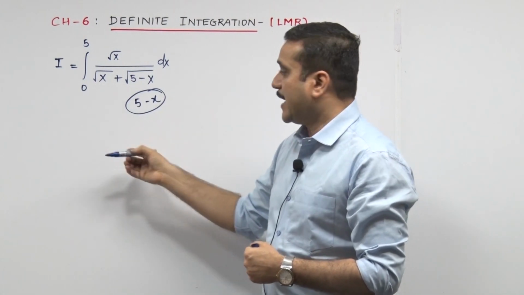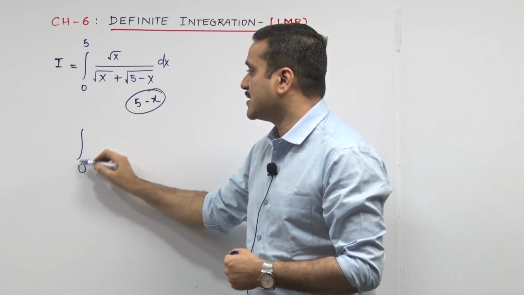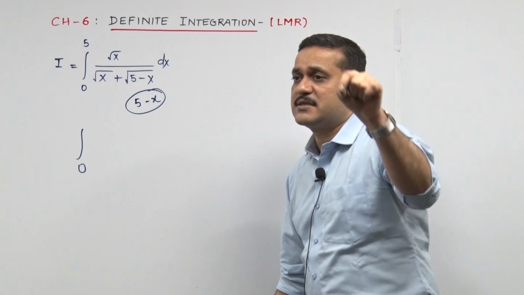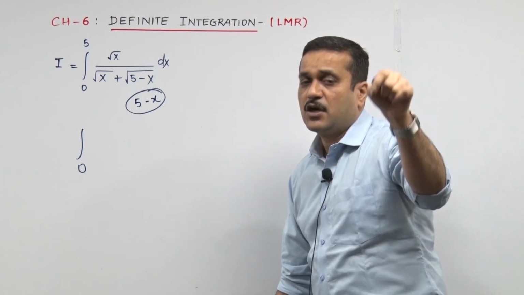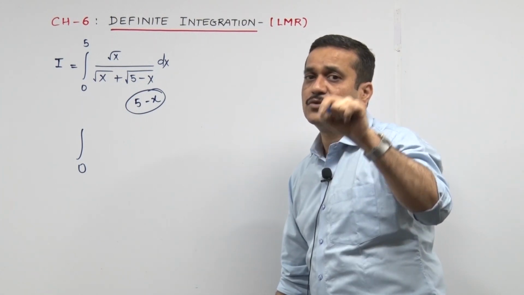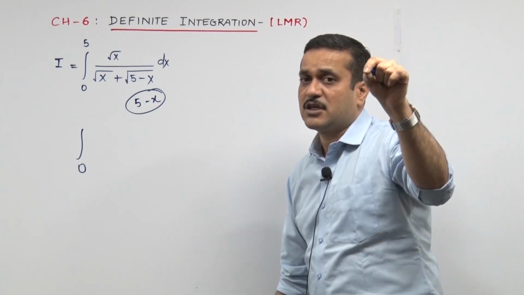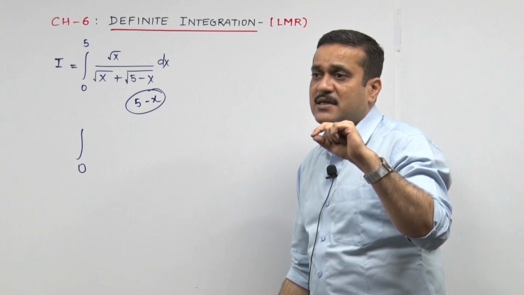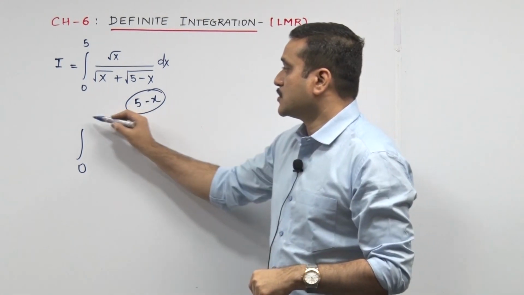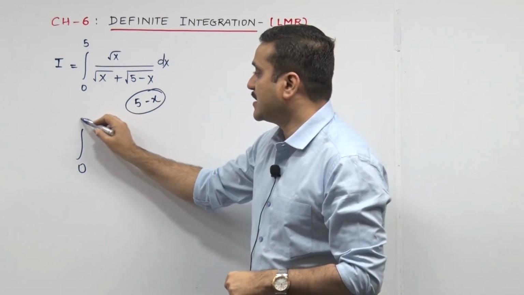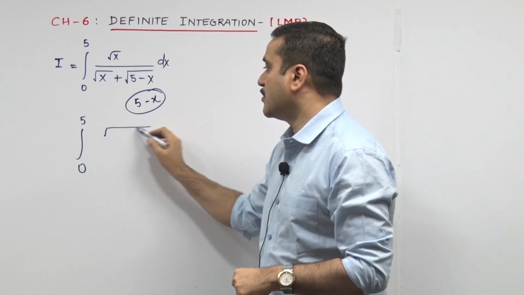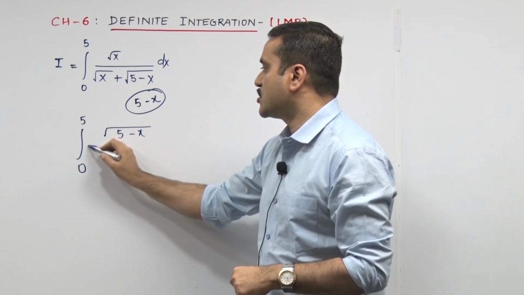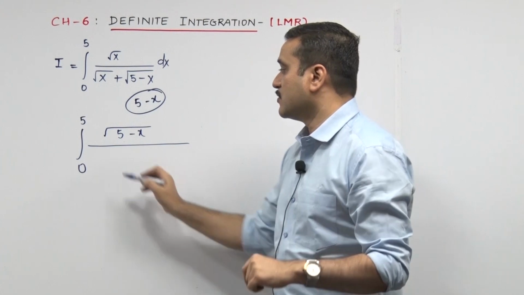So I move in, I change all my x to pi minus x. Can I repeat? The property gives you the freedom of changing all your x to a minus x if it's going 0 to a, which is the case right now. In my case, pi minus x, because my a is 5. So we change all the x to pi minus x. So integrate 0 to 5, it goes root of 5 minus x, check. We are changing all the x to 5 minus x.